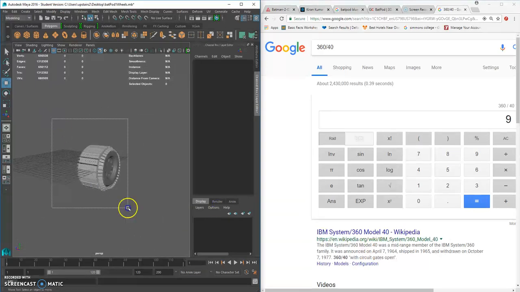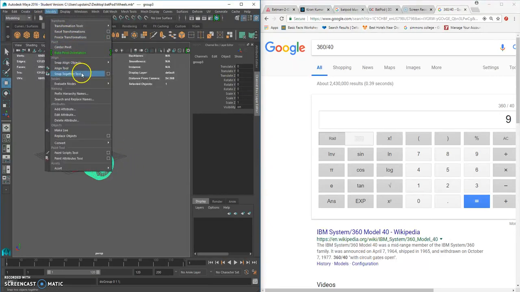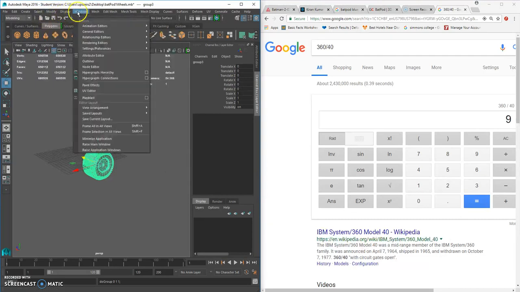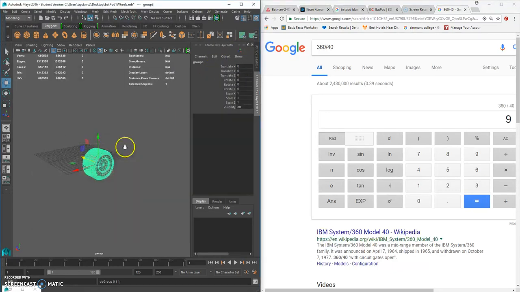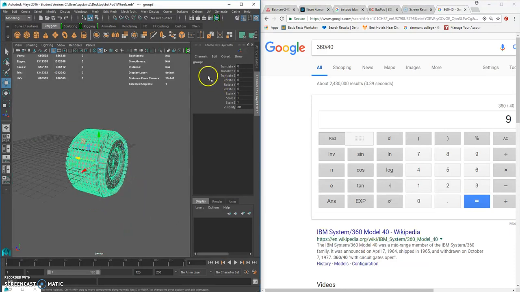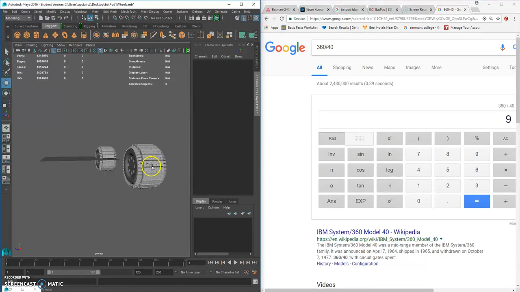There you go. I'm going to highlight everything. And I'm going to hit Control G. Modify center pivot. If you guys can't highlight everything, you have to go to Window, Hypergraph Scene Hierarchy, and just zoom out and highlight what you have. It's kind of annoying. Or highlight individually. I'm going to call this thing tire. Okay. I'm going to Control D. I'm going to move it up. Okay, so at the start of this,